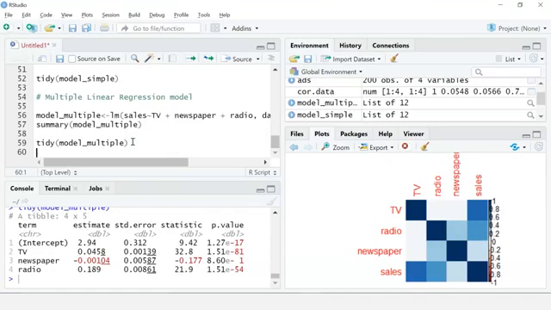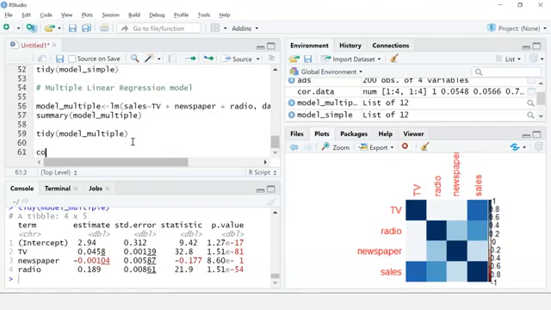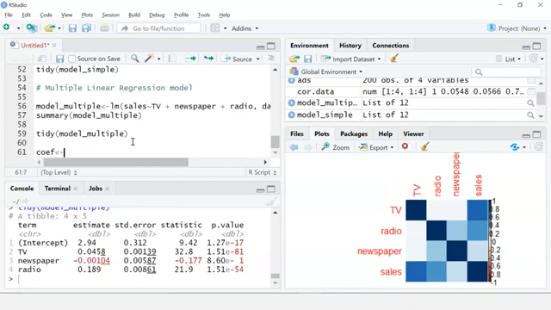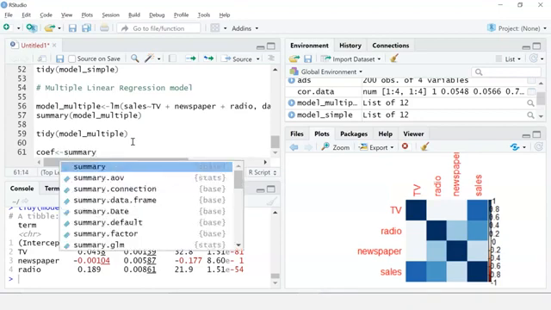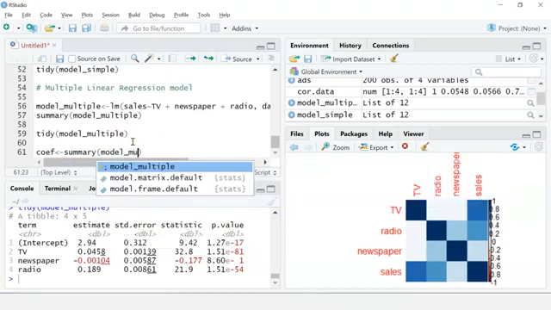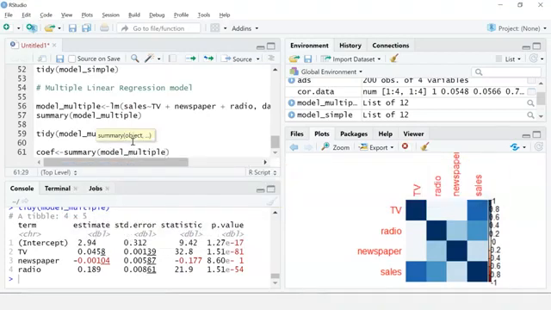Here is how you can do that. So take a variable name, and I'll use the summary function. I'll pass in model_multiple, and using the dollar symbol, I'll take the parameter as coefficients.